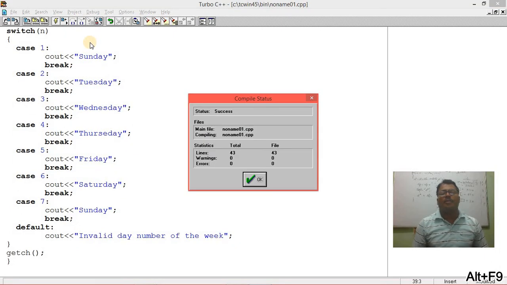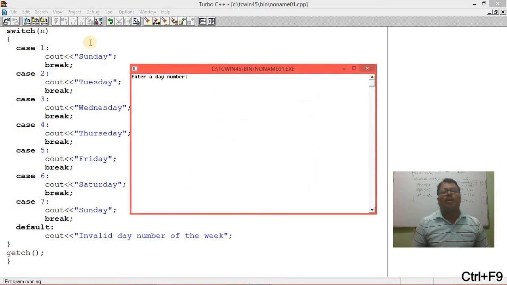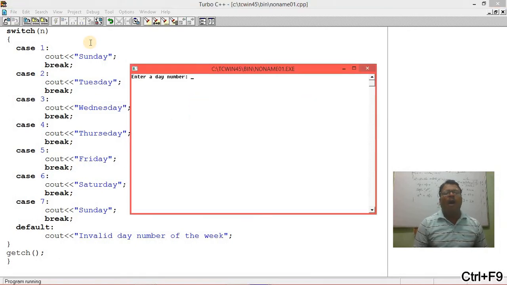Alt F9 for checking errors, no error, Control F9. Now the output: day 5 is given, that means Friday. Now 2 is given, that is Tuesday. Like this it will display the output.